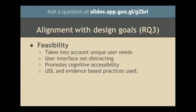In terms of the alignment with our design goals, as far as feasibility, we found that our design really does take into account the unique needs of our users. We also found that the interface is not distracting, but instead it's quite engaging, and that it promotes cognitive accessibility. A lot of my work doesn't focus on physical accessibility issues, but instead cognitive accessibility issues. And so a lot of the universal design approaches that we use are designed to promote cognitive accessibility. And we did see some evidence of that. Interestingly enough, our experts took note of the evidence-based practices that we had designed in. Those are things that kind of exist behind the scenes, and